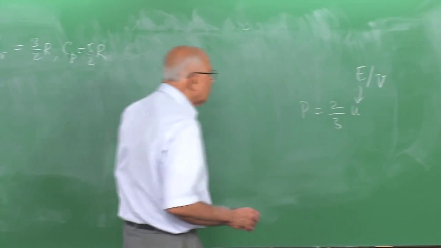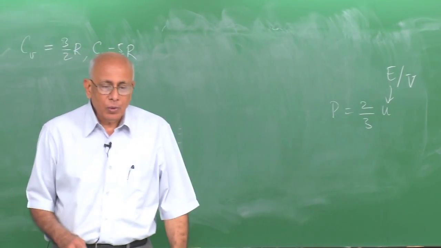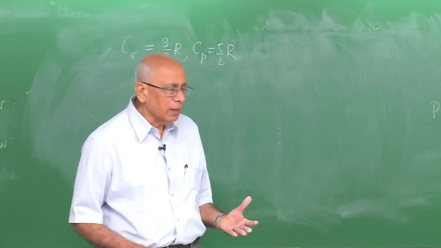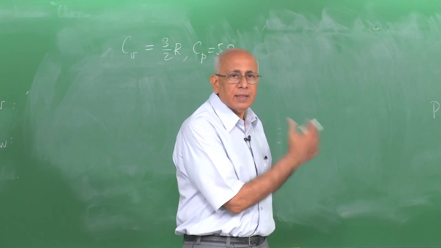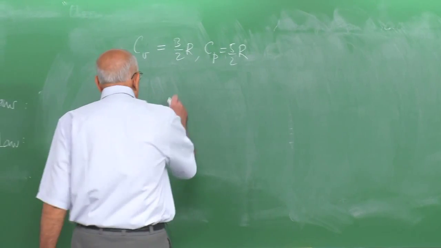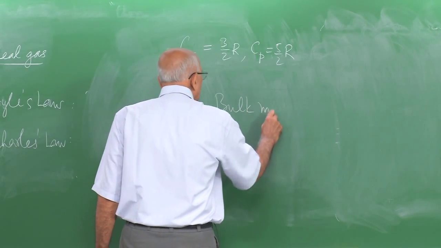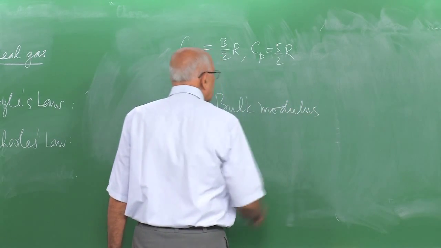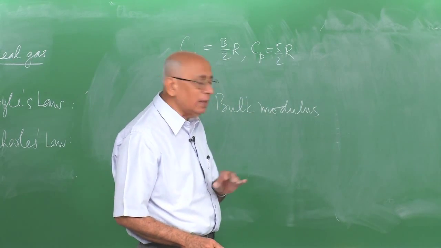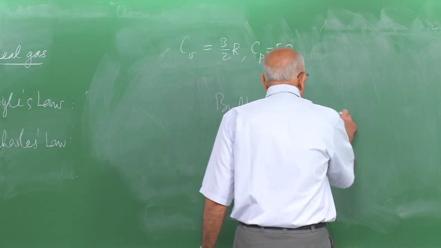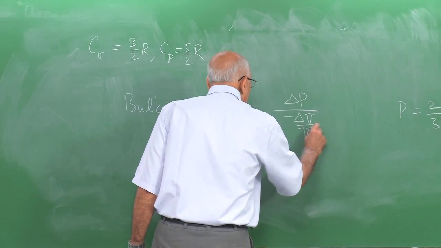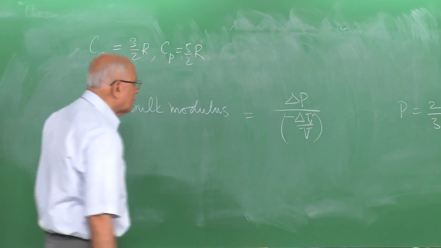What else can we say immediately from this? Well, a great deal. One can, for instance, compute what is the compressibility of this gas. We already have done a little bit of elasticity, so we can find out what the bulk modulus of this classical ideal gas is. It is a fluid, it has got a pressure, we can find out what the bulk modulus is. The bulk modulus, as you know, has the physical dimensions of a stress divided by strain. The strain of course does not have any dimension, so under a change delta P it is minus delta V over V. This is dimensionless, and that is the bulk modulus there.